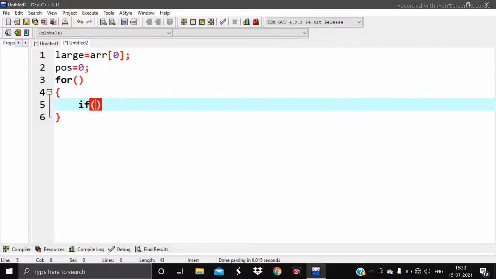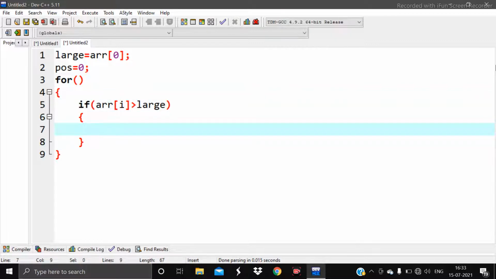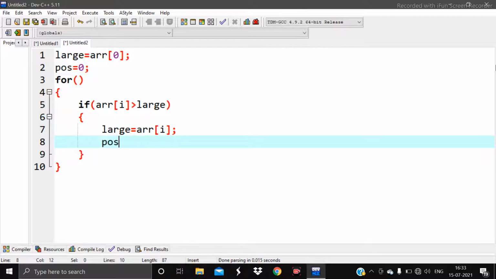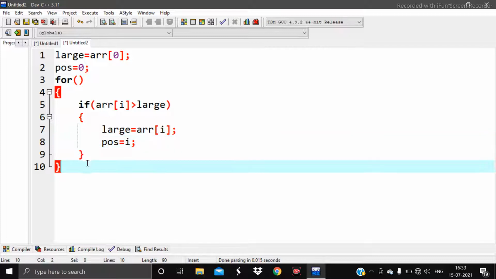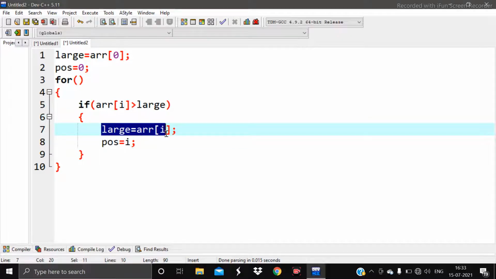So here it can be written that arr[i] is greater than the first index value, that is large, and if there is any such value, then it will replace that particular value. large is equal to arr[i], and position will be i. And at last we can print and show the values to the user, this is for position and this is for the largest number.